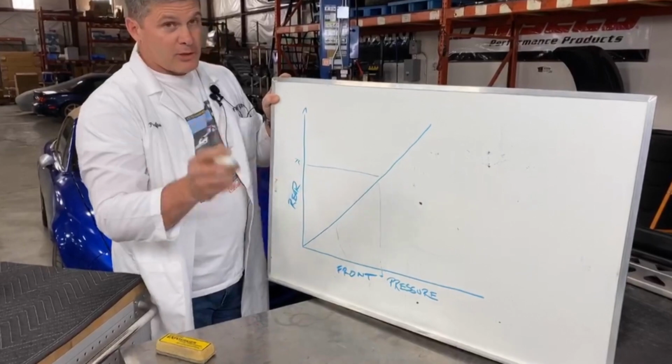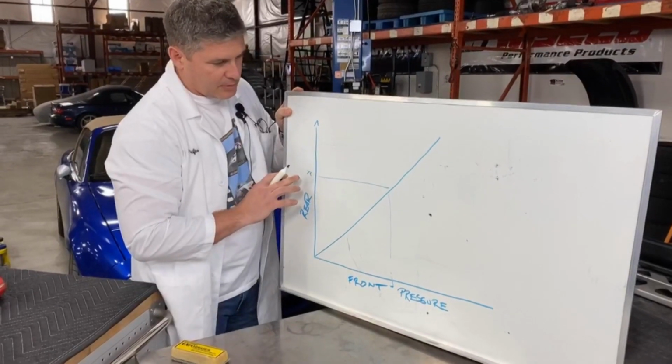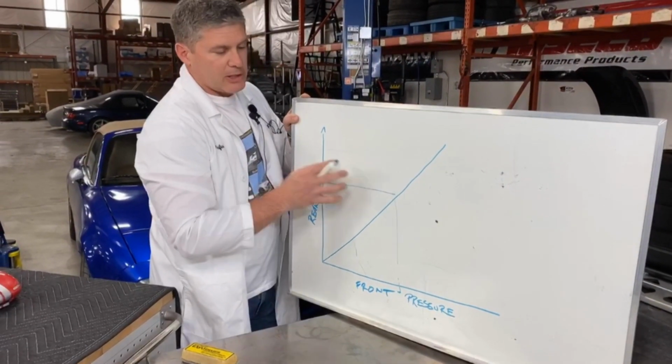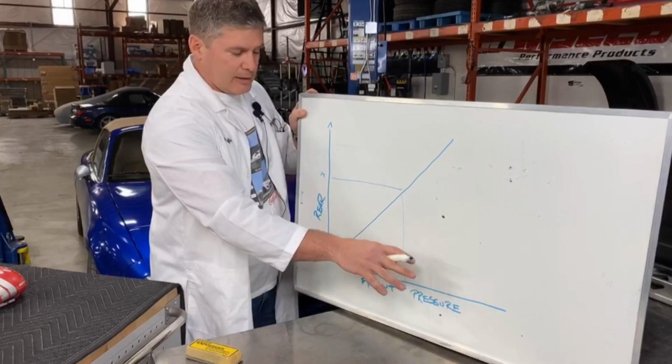Now the job of the proportioning valve is, as you get that weight transfer towards the front, and the front gets more grip and the rear gets less grip, you need more front pressure or less rear pressure for a given amount of front pressure. I'm not sure if you follow that, but basically we need the front brakes to do more work the harder we brake. And the ideal